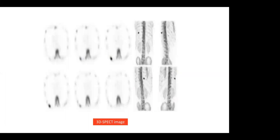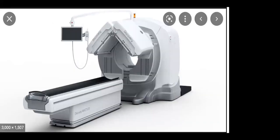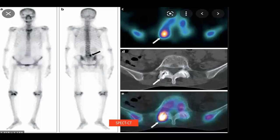But nevertheless, as the technology has progressed, now we have a hybrid machine. In this hybrid machine, we have a gamma camera component over here, and we also have a CT component. Hence, when we image a patient, we get the best of both worlds. For example, let's say I'm doing a bone scan. I'm using the nuclear medicine component, the planar imaging, to get imaging of the whole body. And now, as we can see, there is a focal spot in the lateral aspect of the lumbar vertebra. So what we can do is a SPECT,